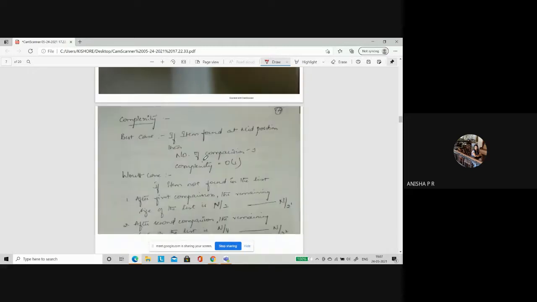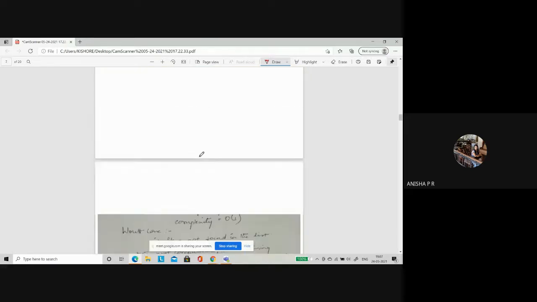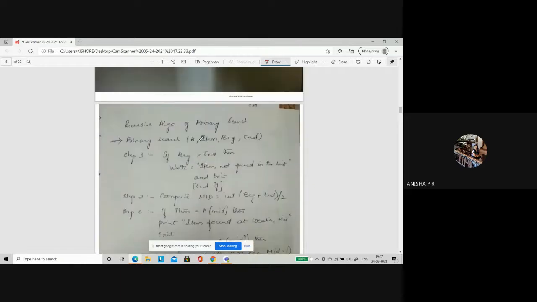So come back to your algorithm here. First, you need to have an array. You need to have the beginning of that array, end of the array, and which item you want to search, that should be there. These are the main elements that go into your binary search. Done? Step 1. You have to check whether the beginning is greater than end. That means if the beginning element is greater than the end element, that means the array is unsorted. Understanding it or not? Yes or no? The beginning element should be less than the end element.